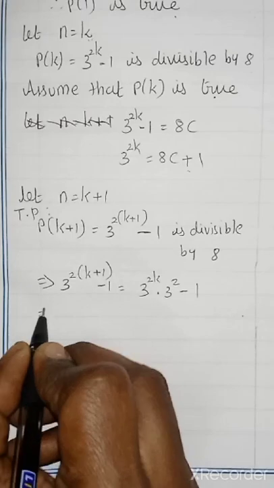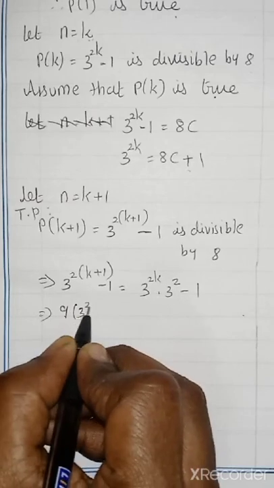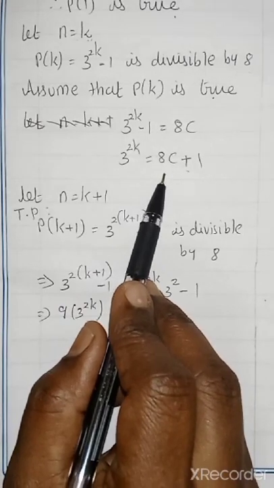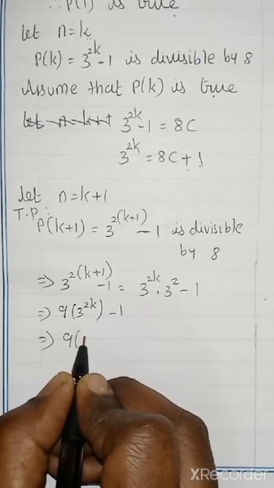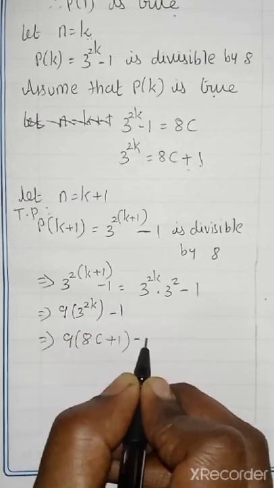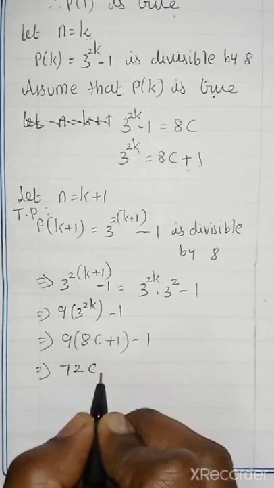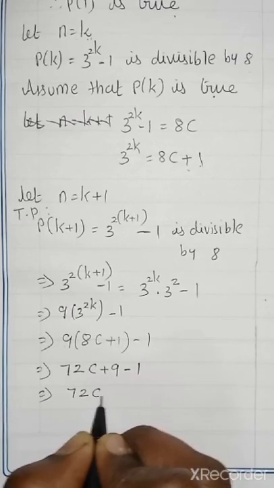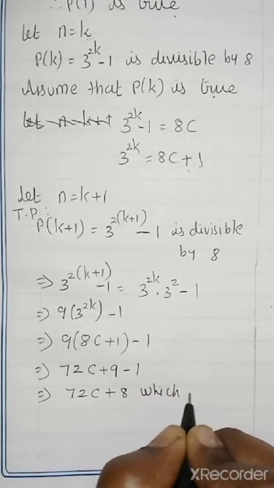Right? Now in the 3 power 2k, 3 3s are 9. 9 into 3 power 2k minus 1. Now instead of this 3 power 2k, what can we substitute? 8c plus 1. Can we substitute that here? Okay. Now if I substitute 9 into 8c plus 1 minus 1, correct? Now if we multiply this, we get 72c plus 9 minus 1, which implies 72c plus 8. So whatever term we get with the plus 8 should be divisible by 8. Okay, so this term is definitely